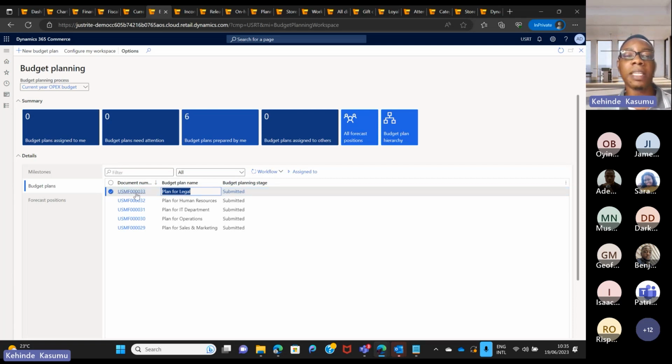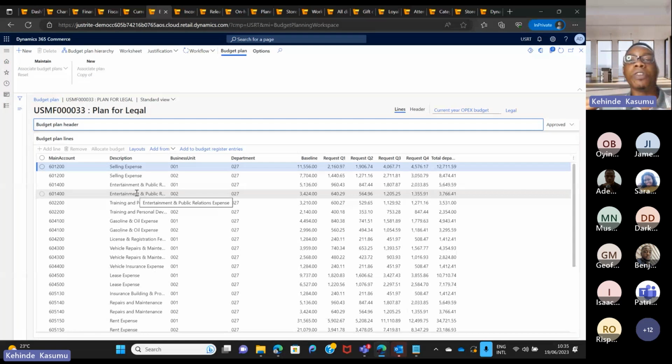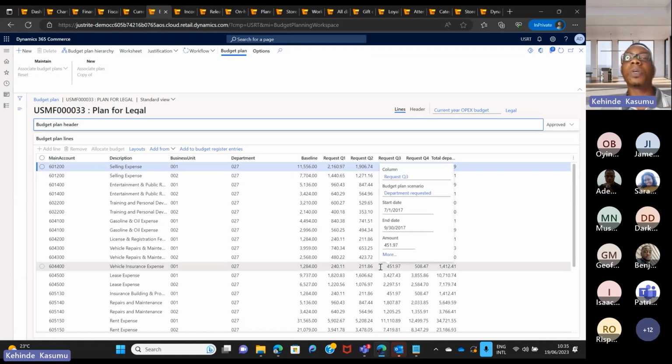So you can create a budget plan at the top and distribute the budgets to various departments or various branches, so that the budget manager for each of the departments or operating units can fill in the budget line request, and then these budgets, when submitted, can be automatically aggregated into the parent budget at the top. So this dynamic budget planning system enables you to automate the budget planning process for your business.